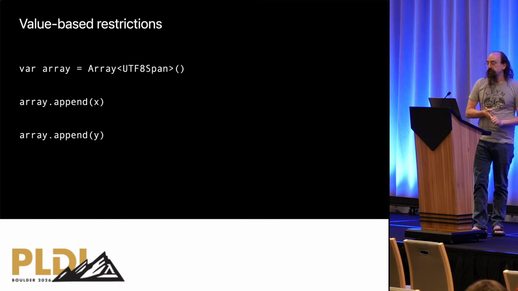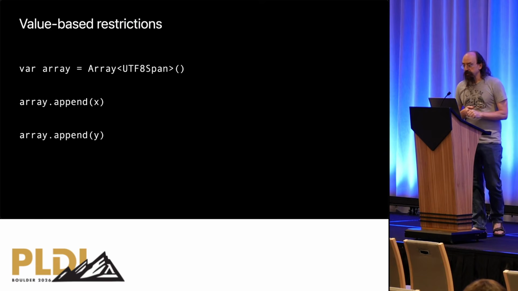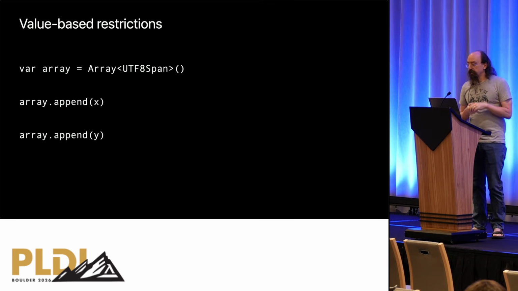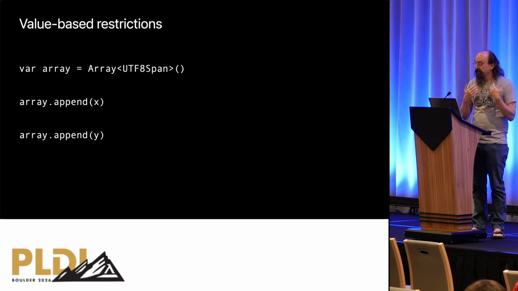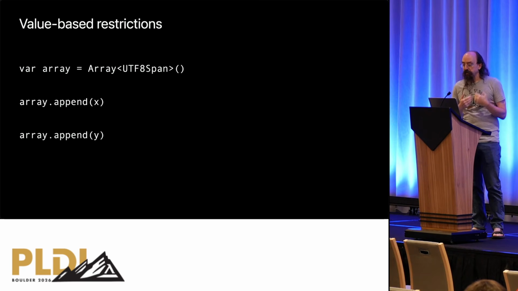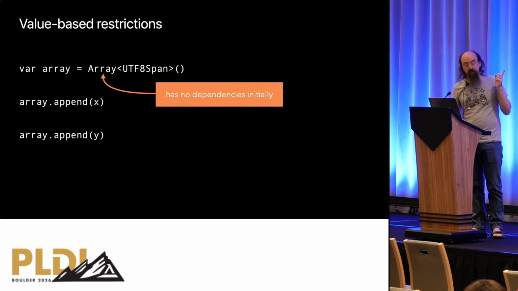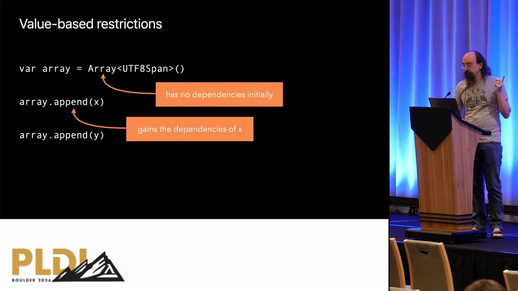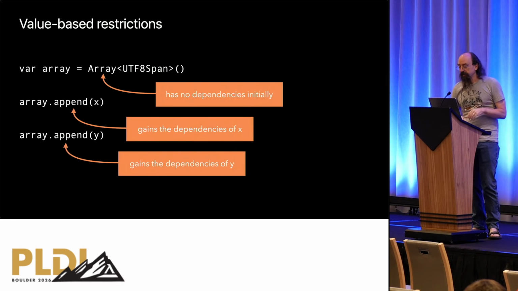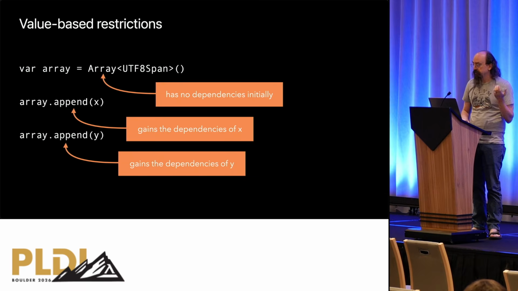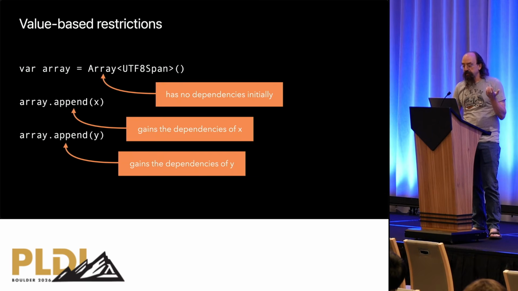I want to very briefly drill in on one of those questions in particular. In Swift today, lifetime restrictions are associated with values. One thing that this means is that the dependencies of the value in a variable, the current value in a variable, can change during its scope. Here, the array starts with no dependencies, then gains dependencies over the course of the function. This gives us a very permissive, flow-sensitive rule. We can use the array early in a way that might not be valid later in the function.